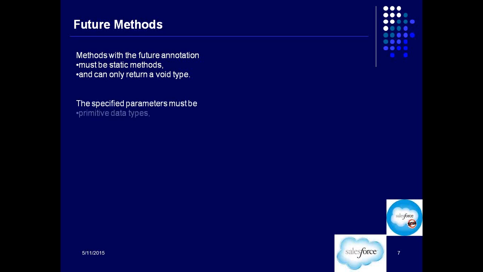The specified parameters must be primitive data types. Okay. And in case you're passing some parameter in the future method, that has to be a primitive data type. Arrays of primitive data types or collections of primitive data types. Correct? So in case you're defining a future method, let's say